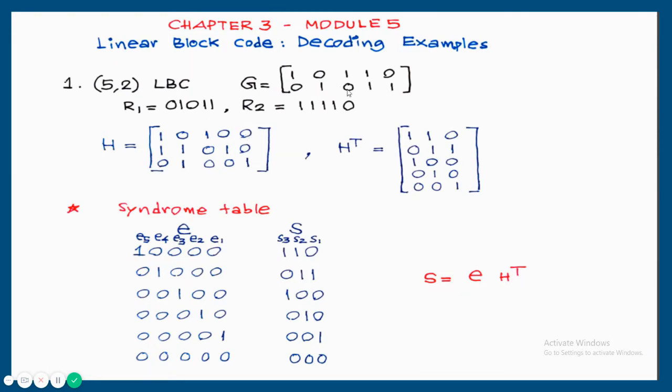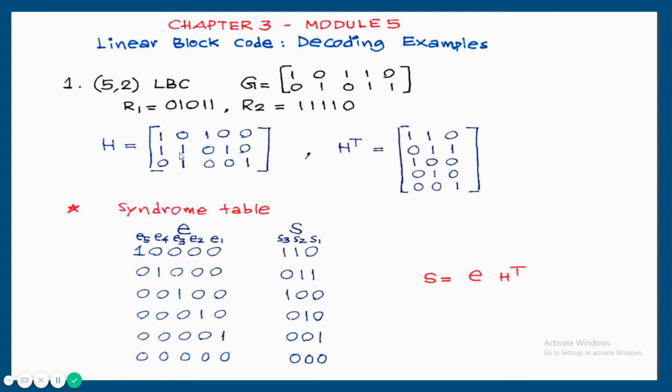So this part is P. I'll take the transpose of this, that is 110. That will be the first column, 110. Next 011. That will be the second column, 011. So from this P, I got here P transpose. In the generator matrix, if P is on the right side, in H, P transpose will be on the left side. So I repeat, first column 110, second column 011.